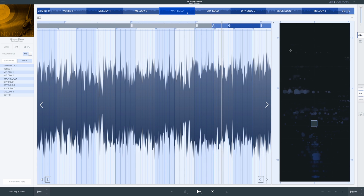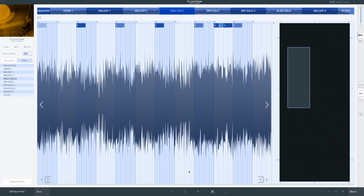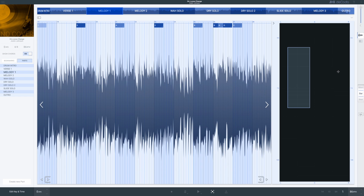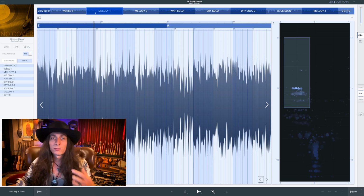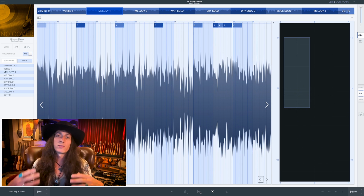And if I want to isolate it, I can just isolate it like that. And so same thing, let me go back to the melody here. Let me go back to melody 1. And you can listen here. And so this makes it really easy to isolate the lead, isolate the melody, whatever you want, and then you